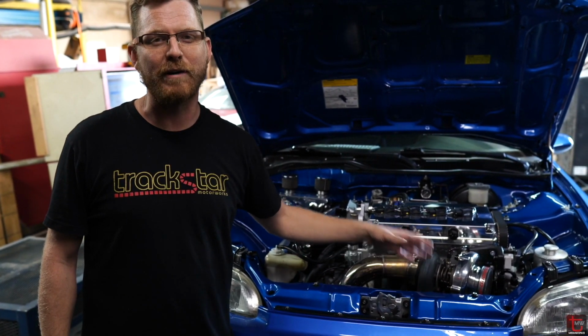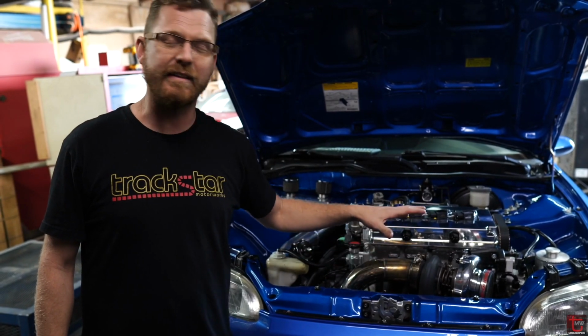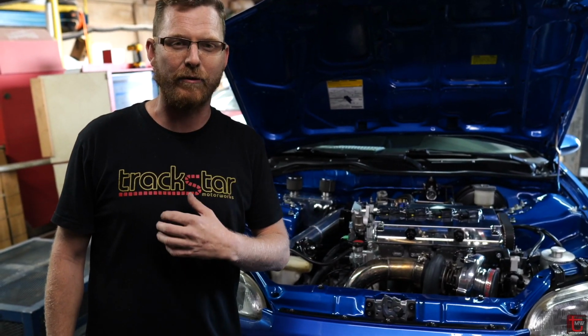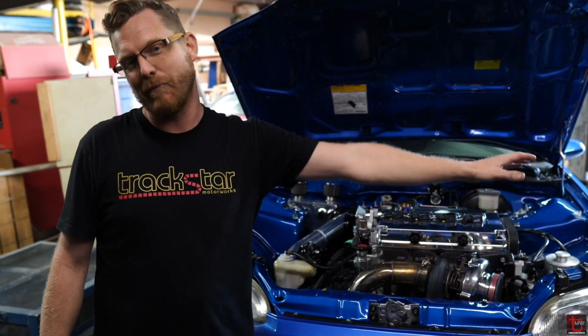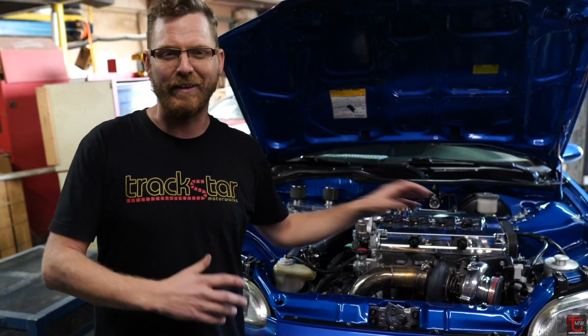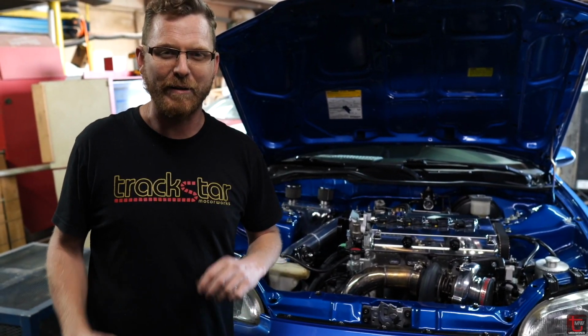Today we have this beautiful 1992 Honda Civic Si on the dyno. This is absolutely one of my favorite vehicles, because this is the same kind of vehicle that I got my start with, built my first motor, tuned my first setup way back. So I have a special kind of love for this particular car, and I'm excited to be tuning it for our good buddy Carlos,